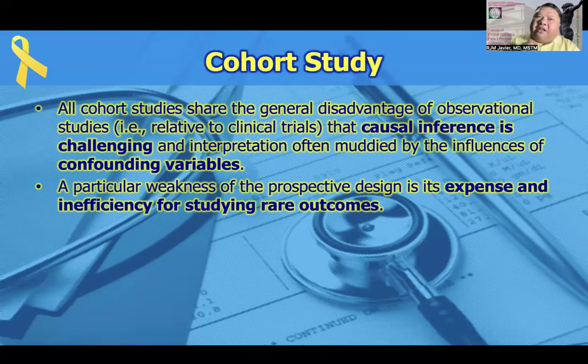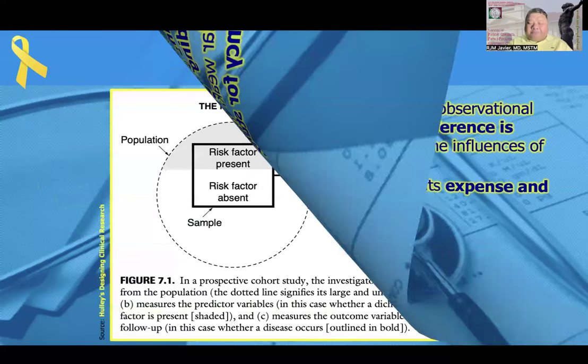When I talk of a confounding variable, I just want you to think of the analogy that when you look at dependent and independent variables, your independent variable or your exposure variable and your dependent variable, your outcome variable, we are interested in that relationship. But sometimes there is a third extraneous variable that can influence both the independent variable and the outcome variable. And that is what we refer to as your confounding variable.